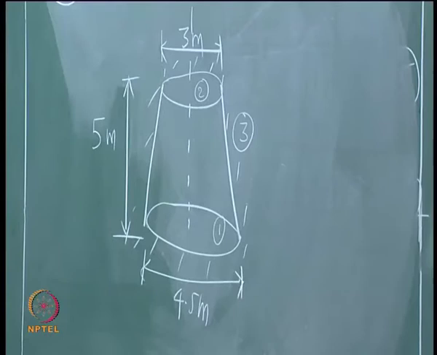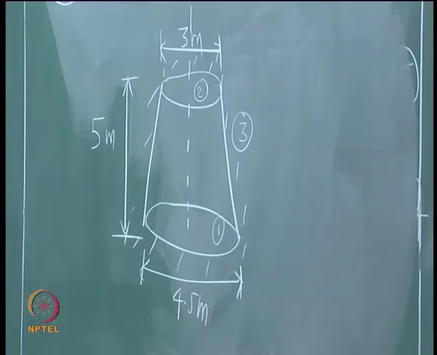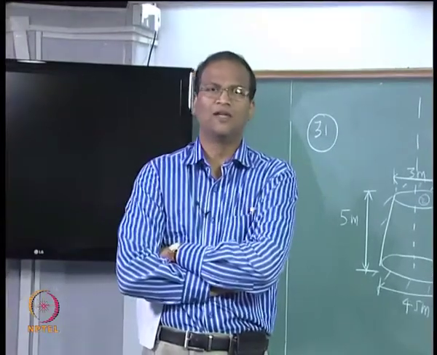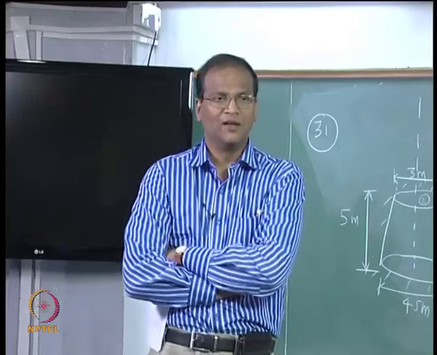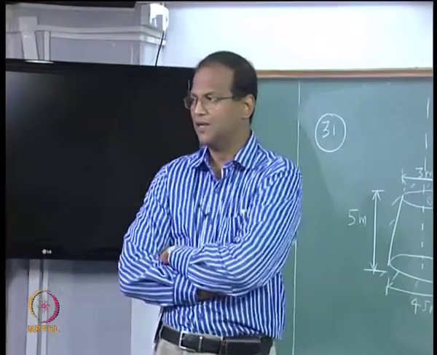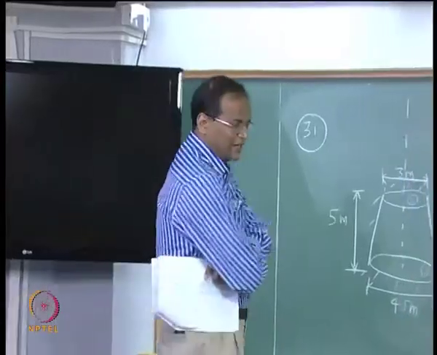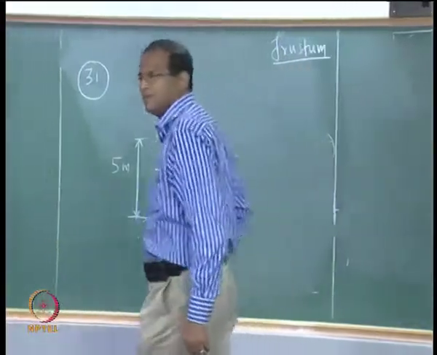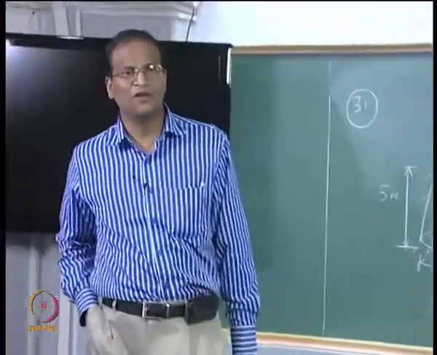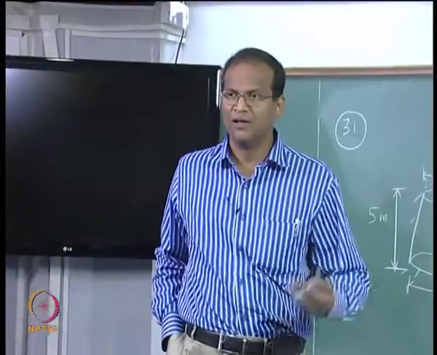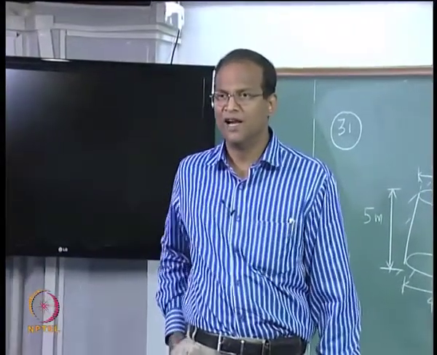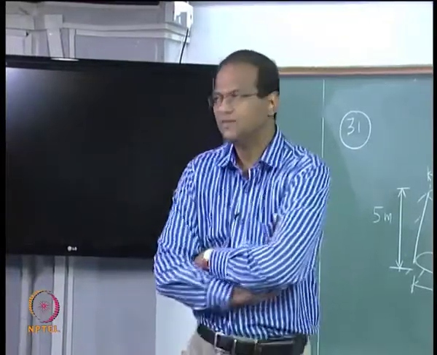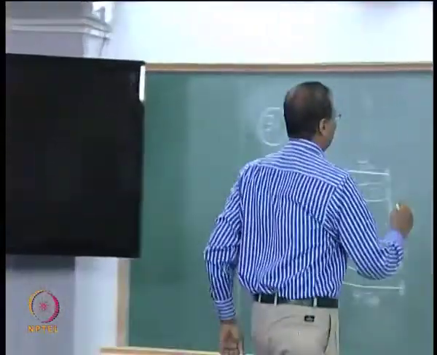If an enclosure problem is given, it is a good idea to first state how many view factors have to be determined, how many sum rules there are, how many reciprocal rules, how many self view factors, and then find out how many view factors have to be independently determined. Then you will get an idea whether you have to use the chart or algebraic manipulation, because sometimes you are over confident that by just algebraic manipulation we can get the view factors. Now how many surfaces are there? 3. Total number of view factors? 9.